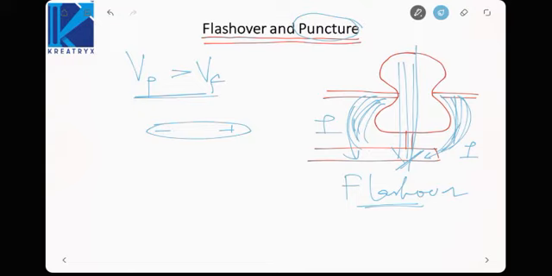Okay, puncture is when the insulator breaks down and allows the flow of current, and flashover is when the air around the insulator breaks down and allows the flow of current through the arc or the flash. That is called insulator flashover. In any case, we will encounter a line to ground fault, as the current will flow from the transmission line to the ground through the tower. That is called a line to ground fault.